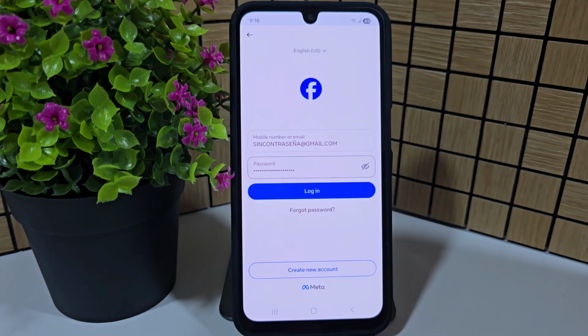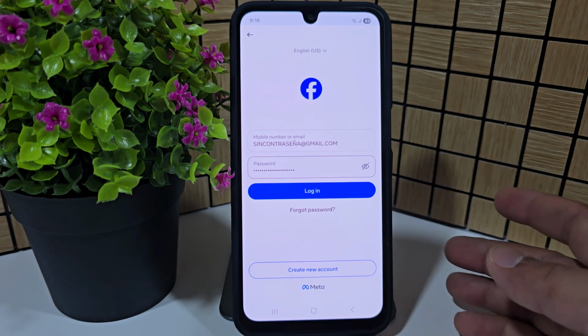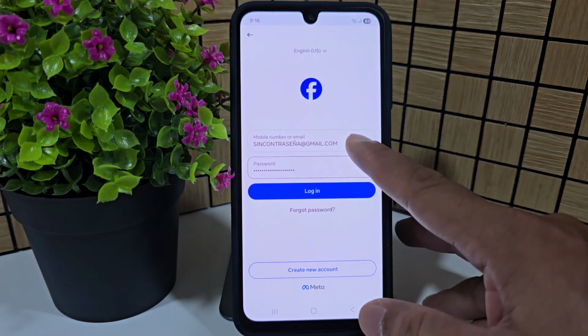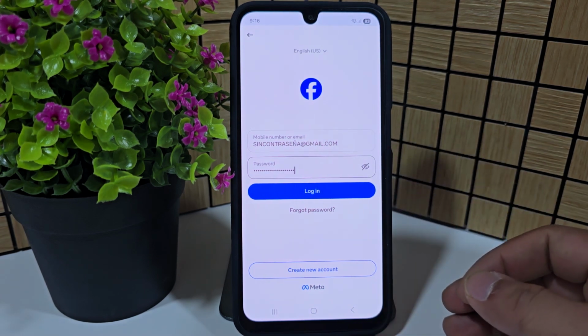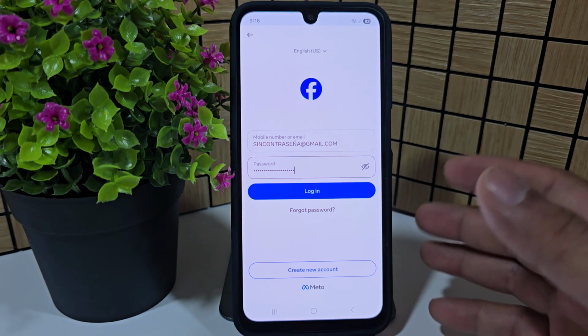Sometimes it happens that we go to enter our Facebook application and suddenly all the data has been deleted. Maybe the update had an error and logged us out of the profile, and we go to enter again and suddenly we don't remember the password. Maybe we changed devices and we can't